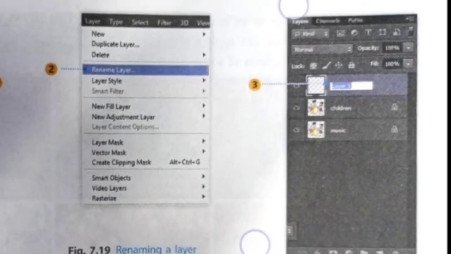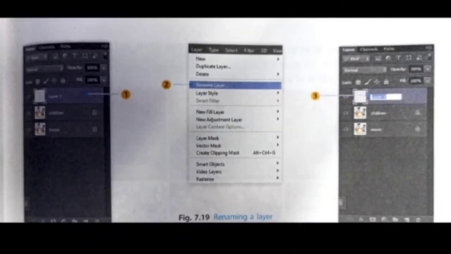As you can see here, this blue color shows the existing name of a layer. So this name has been selected here, and here you can type a new name in place of this. Type a new name for the layer and then press the enter key.